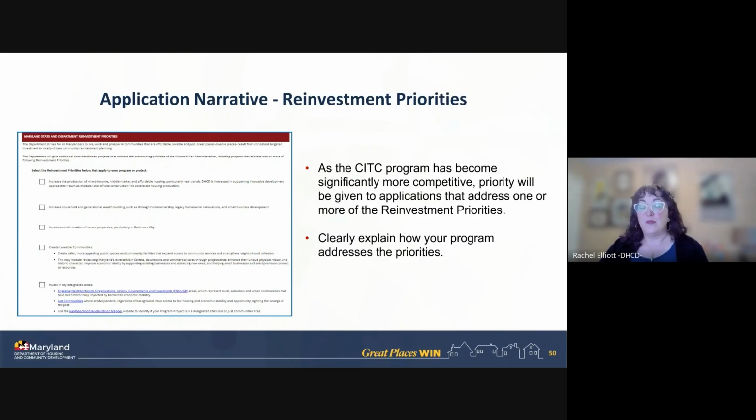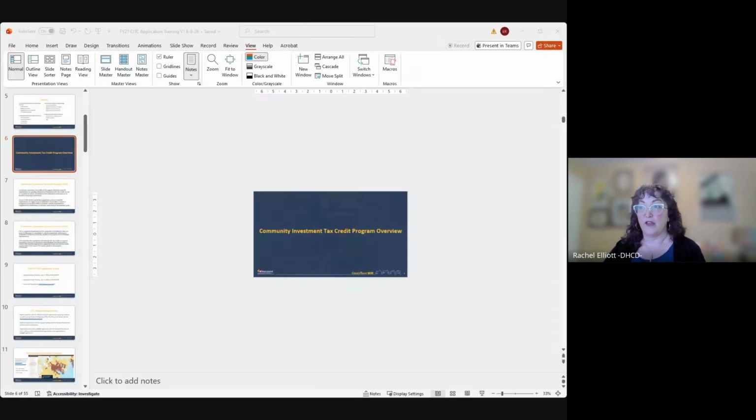So the last part of the narrative, and as Janine said, this is going to be incredibly important. You have 5 boxes that relate to these different reinvestment priorities. We clearly want you to explain how your project addresses one or more priorities. That is going to be a key part of your application.